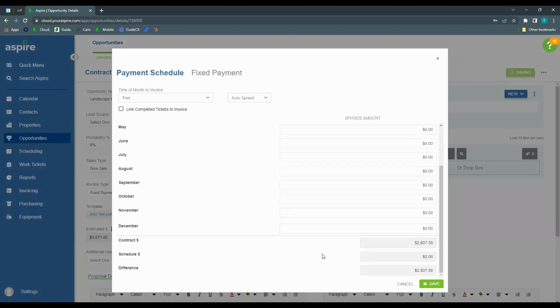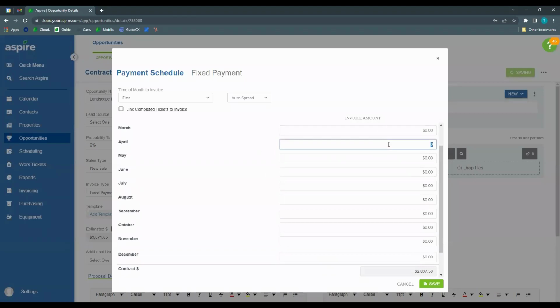I'm going to scroll down to the bottom, 2807.58 divided by 7 months, April through October. And that gives me 401.08. And I'm going to select it and just simply copy and paste that into these months through. And as I do this,